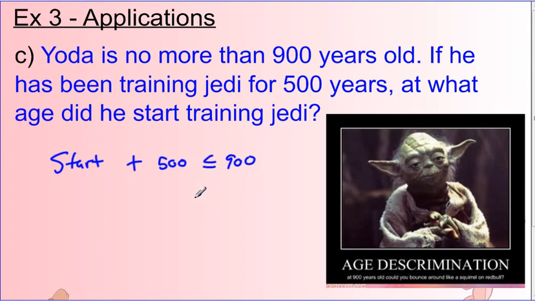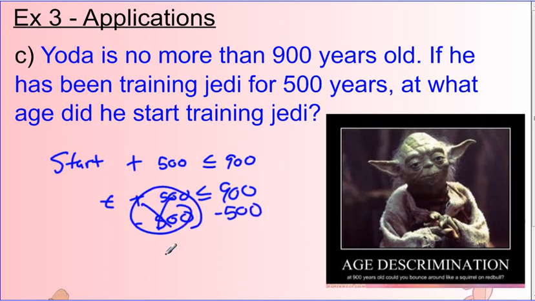So let's see. This is really what we call a verbal model. So the start training plus he's been training for 500 years. We use some words and some math symbols. So we just throw in a variable here. Maybe call it a t for training. Plus 500 is less than or equal to 900. We can solve this, guys. Subtract 500 on both sides. These cancel out. T is less than or equal to 400